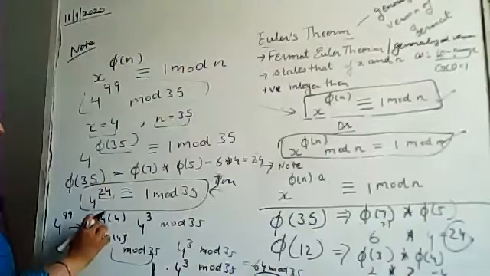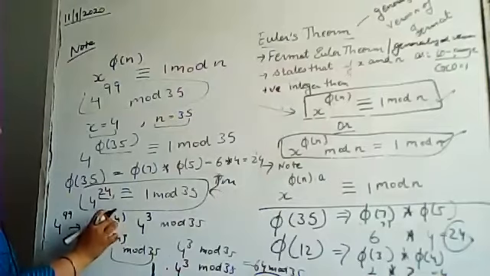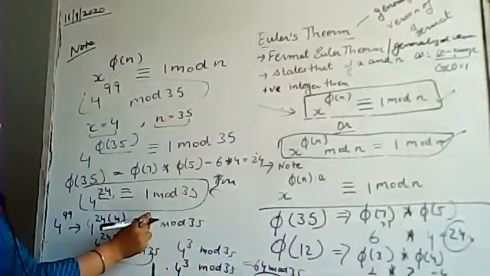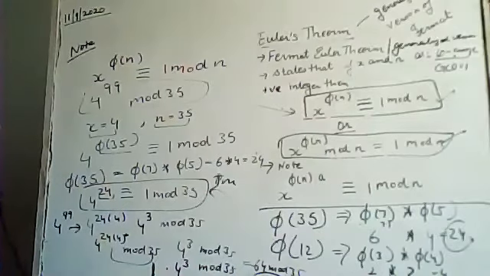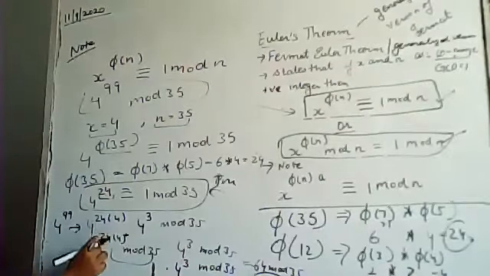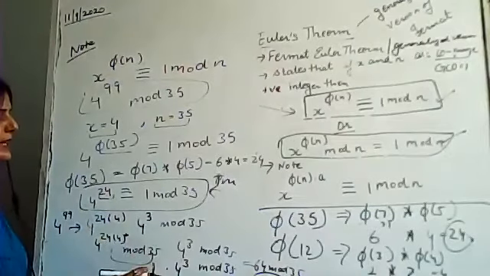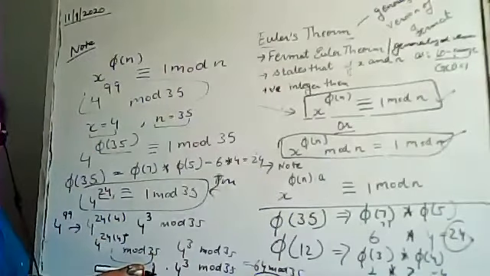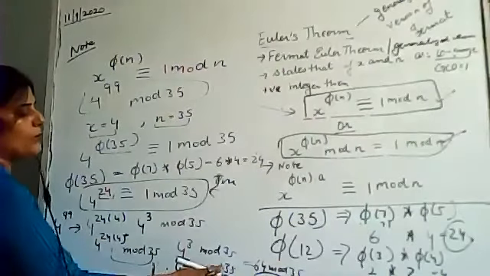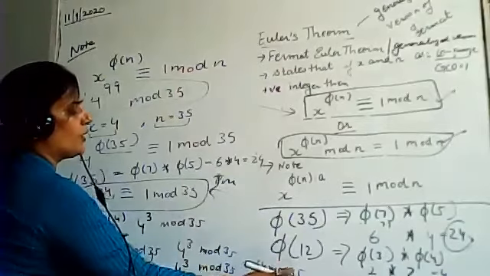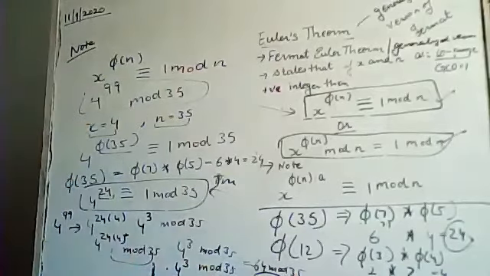How come? 4 raised to power 24 multiplied by 4, again I have the dot operator, 4 raised to power cube, and the total will be 99. Clear? So I know that the multiple is also the same as the number itself. So what answer will I be getting? That is 1 over here, and dot 4 cube mod 35. So finally, what will be the answer? 64 mod 35, and what will be the remainder? That is 29. Okay? So 29 will be the final answer in my case.